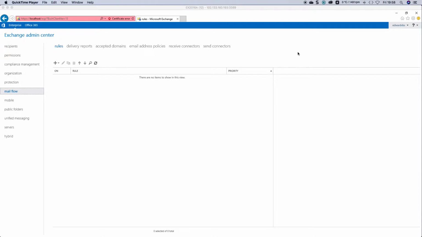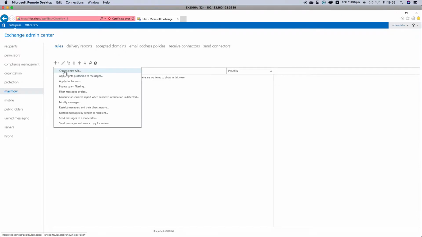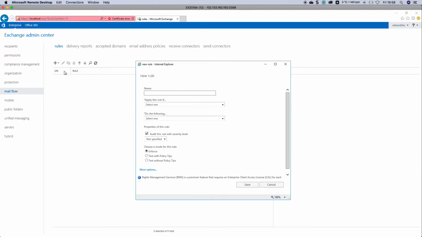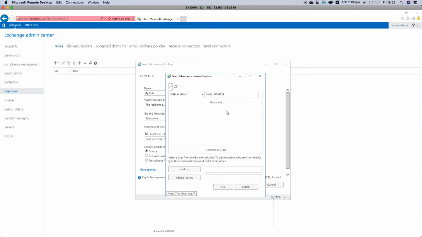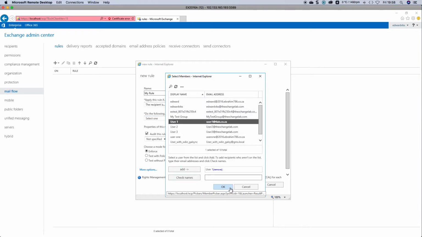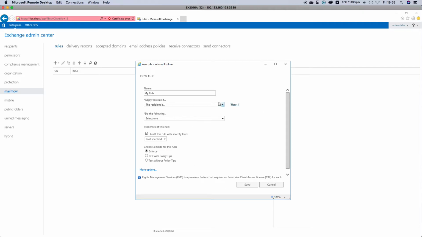It doesn't matter, right? So if you log into the admin center, you click on mail flow and rules. From here, we're going to create a new rule, right? If you click on that, we can give this a name, and then you can say the recipient is. So apply this rule if the recipient is, for example, user 1. Double click, or you can click the add button. Then you see it says user 1, and now you can say